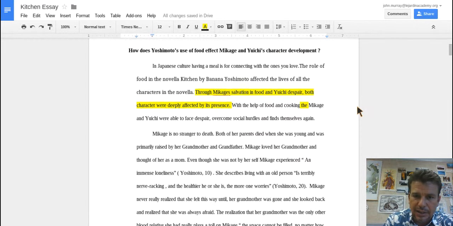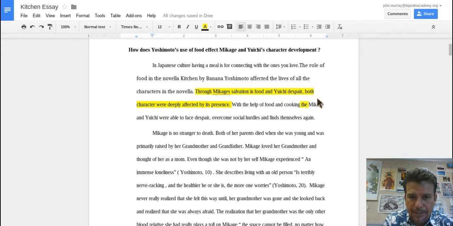The first thing is the introduction. The phrase here, in Japanese culture, having a meal is connecting you with the ones you love. That's fine. The role of food in the novella Kitchen by Banana Yoshimoto affected the lives of all the characters in the novella. We want to put Yoshimoto, the author, in the subject position of the sentence, and we want to say that Yoshimoto uses food to show Mikage's salvation, Yuichi's despair, something like that,